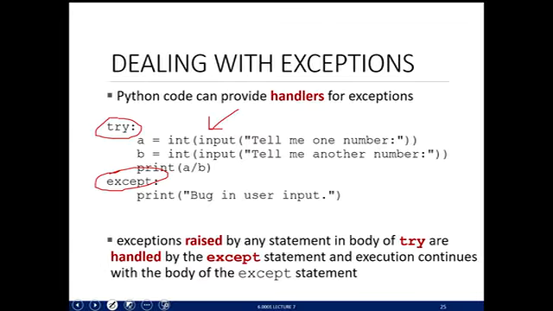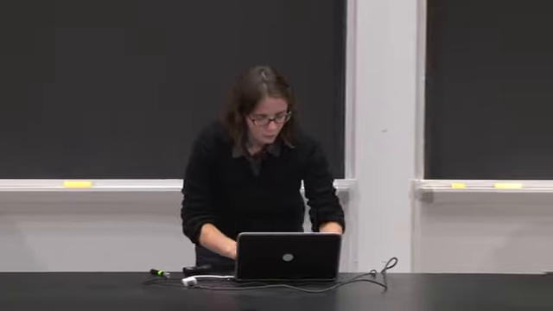And at that point, Python's going to say, is there an except statement? And if so, this except statement is going to handle the error. And it's going to say, OK, an error came up, but I know how to handle it. I'm going to print out this message to the user. So if we look at code,